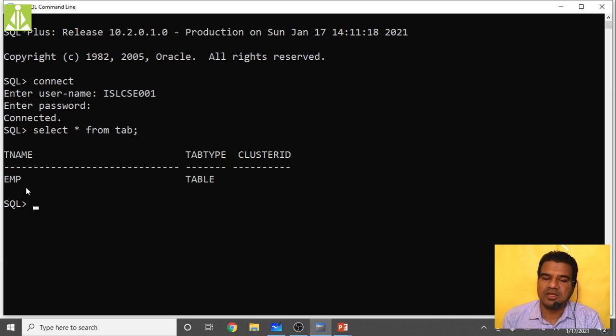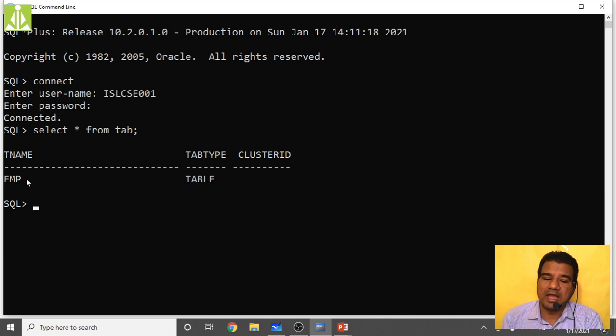Inside a table we may have a number of columns, what data types I have for my specific columns, and how much length each column is of. Your select star from tab command is not listing all those things.